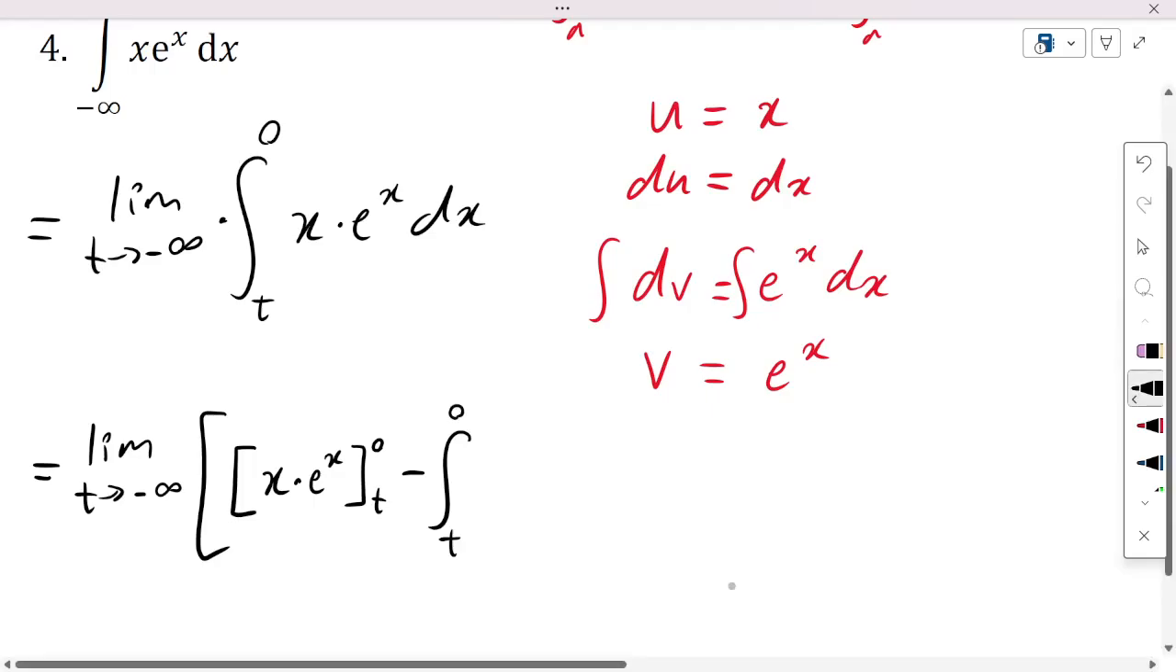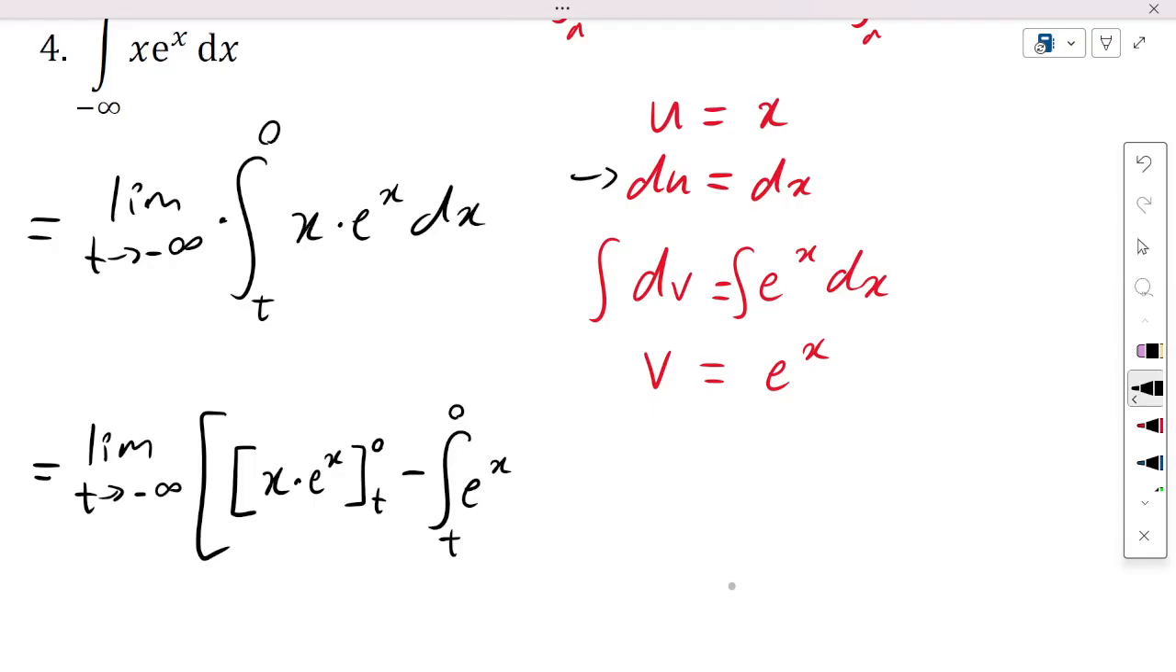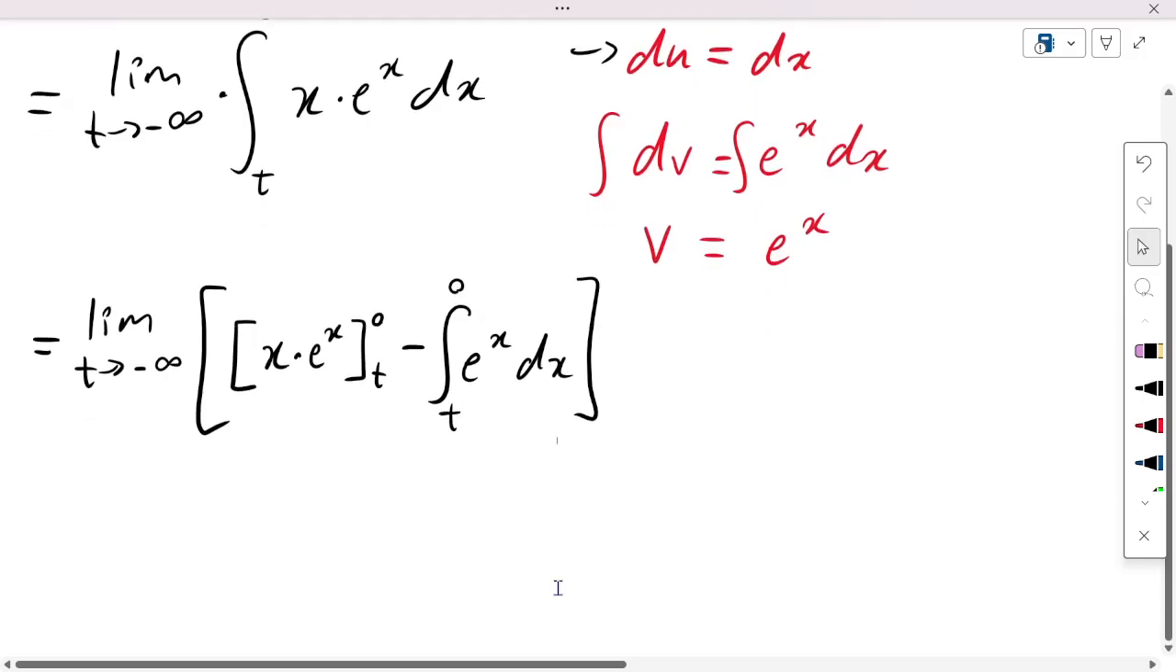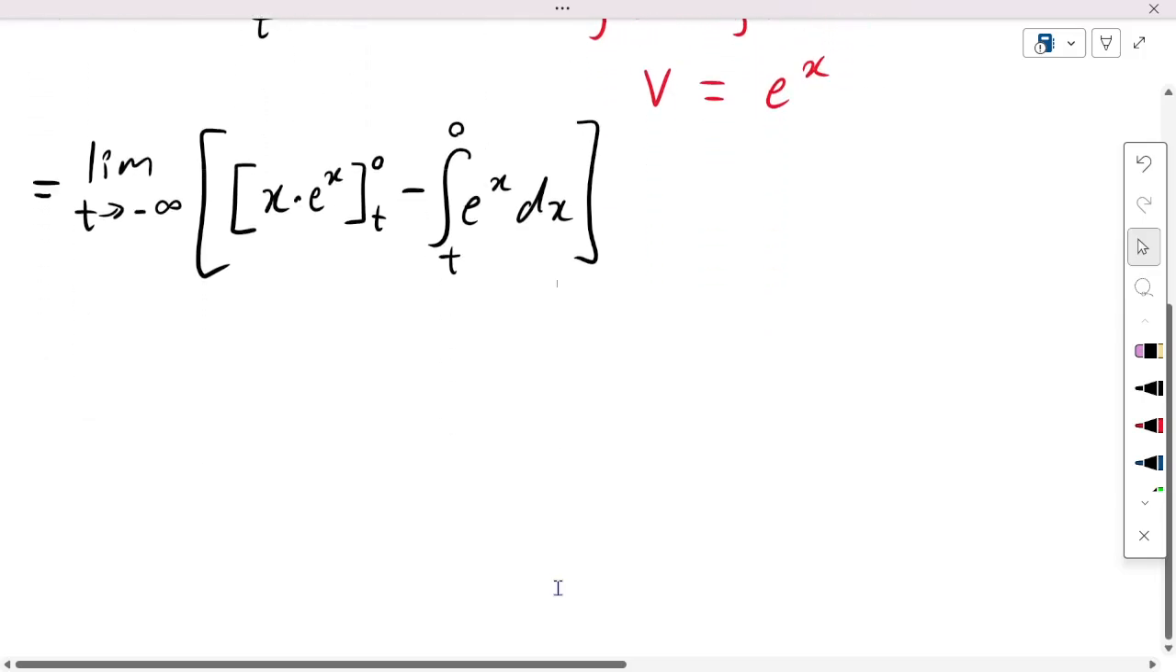And it's going to be v with respect to u. So it's going to be e to the x, with respect to u, it's equal to with respect to x. Okay, there we go. Now that we have that, we can actually go further as to integrate this